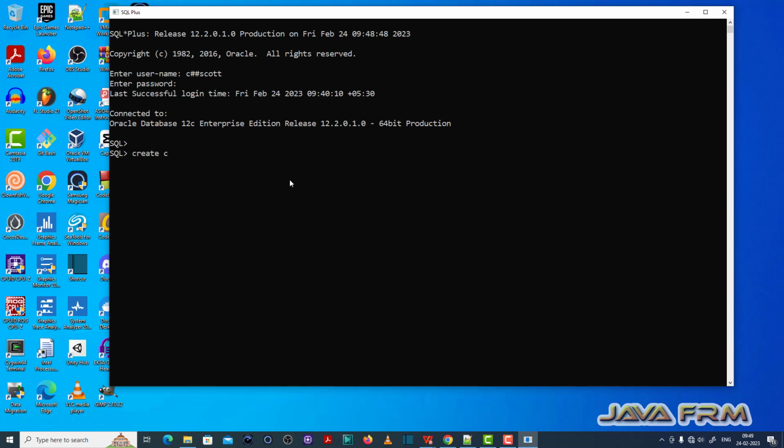Okay, so now I am creating one cluster. Create cluster empno_cluster. So employee number, so it will be long data type. See here,